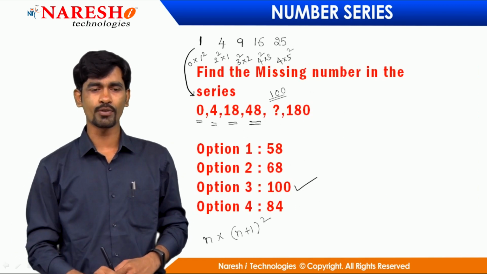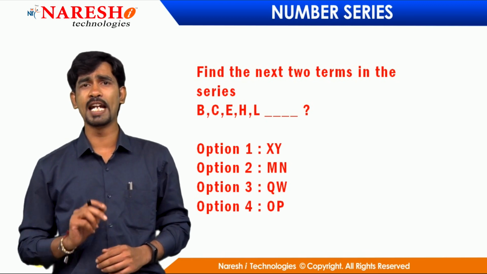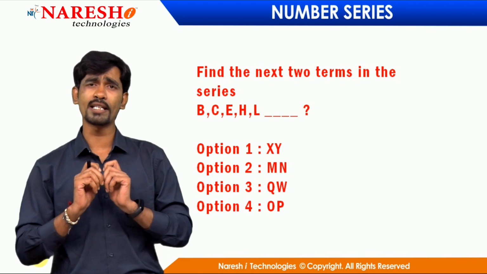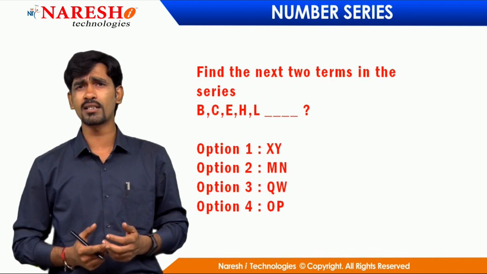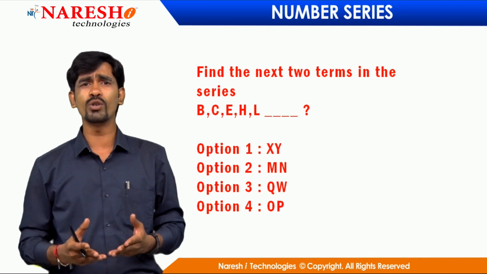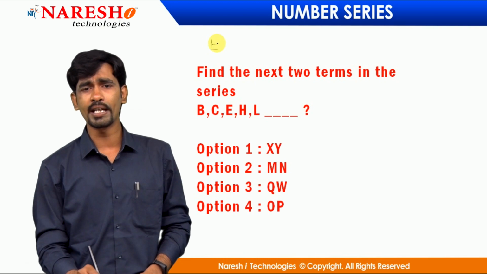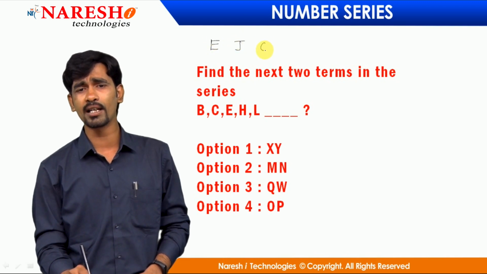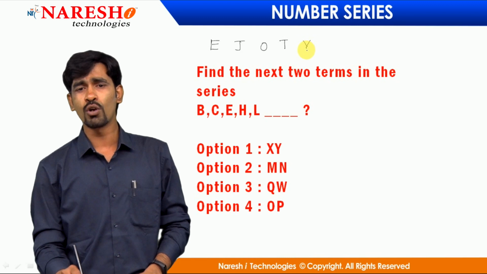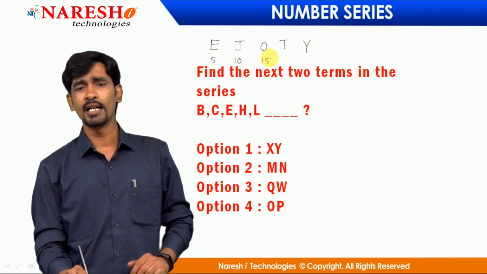Moving forward to the next question. So the same questions, but they have given the questions in the form of letters. This is called a letter series. So letter series questions, definitely you can convert all the letter series questions into number series questions, no doubt. What you do is just use the strategy of EJOT. So EJOT is going to indicate the alphabet positions. So E is nothing but 5, J is nothing but 10, O is nothing but 15, T is nothing but